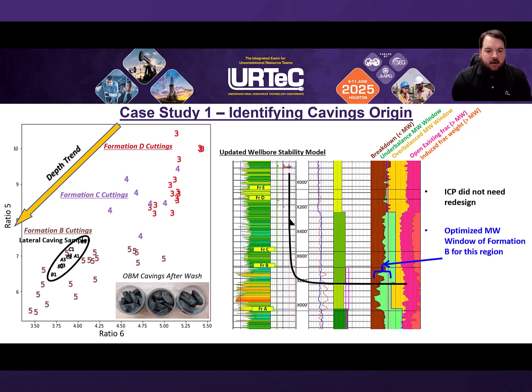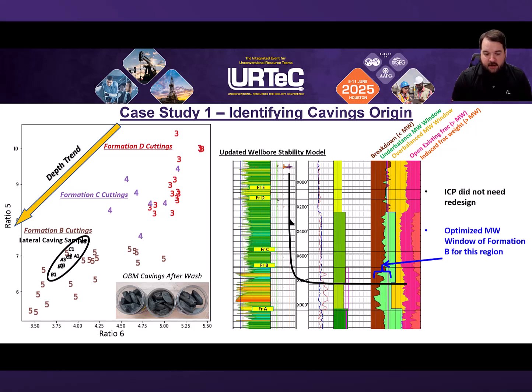The first one here, the operator encountered a significant amount of large cavings when landing in their target interval. The cavings were believed to have come from the curve due to the timing and some operational issues, and potentially indicated a failed intermediate casing point. So with about 600 feet TVD of open section, the idea was to use our GC by GC analysis to analyze the geochemical fingerprint from these cavings and correlate that to the nearby cuttings baseline to pinpoint the exact location